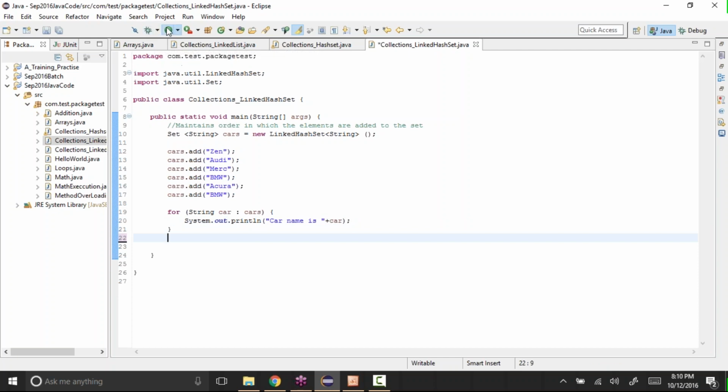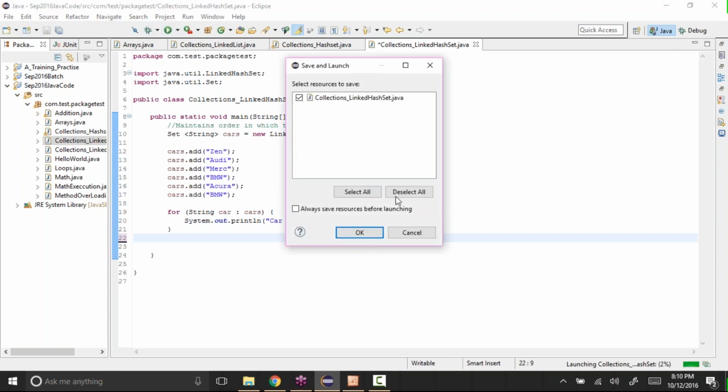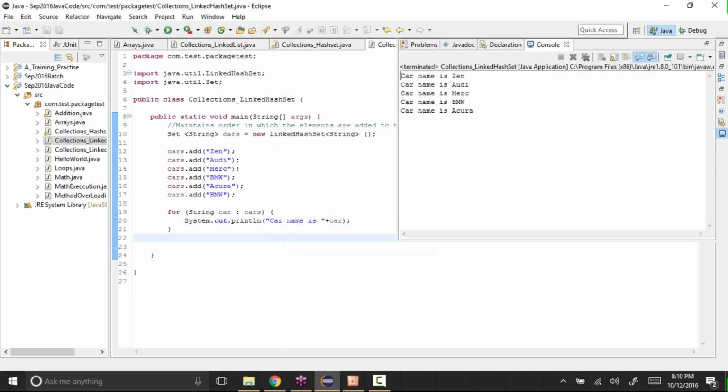If I run this, it's asking me to save. The way that we added to that set, it's maintaining that. First is Zen, Audi, Merc, BMW, Acura, and the last BMW we didn't get because it's already there in the set. So that's why it didn't add it. But it's maintaining the order in which we added.